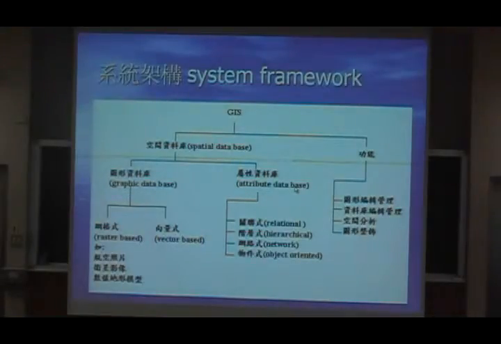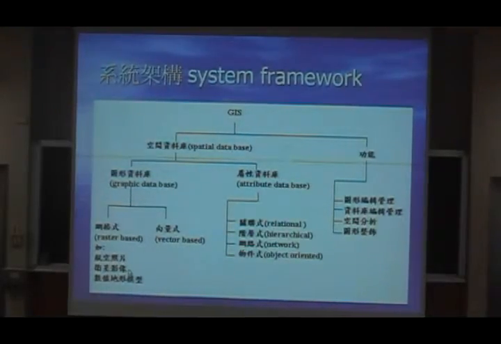We just saw it. 然后在这个图形底下，我们可以分 raster base and vector base。raster base 其实就是打网格，你打格子，那个就是 raster。So, for example, the air photos, 航空照片, air photos or satellite images or we call it DTM, Digital Terrain